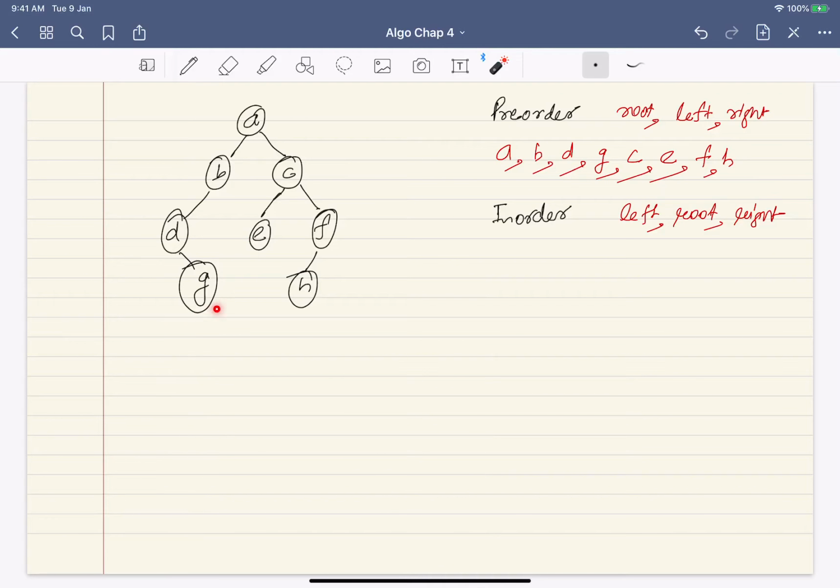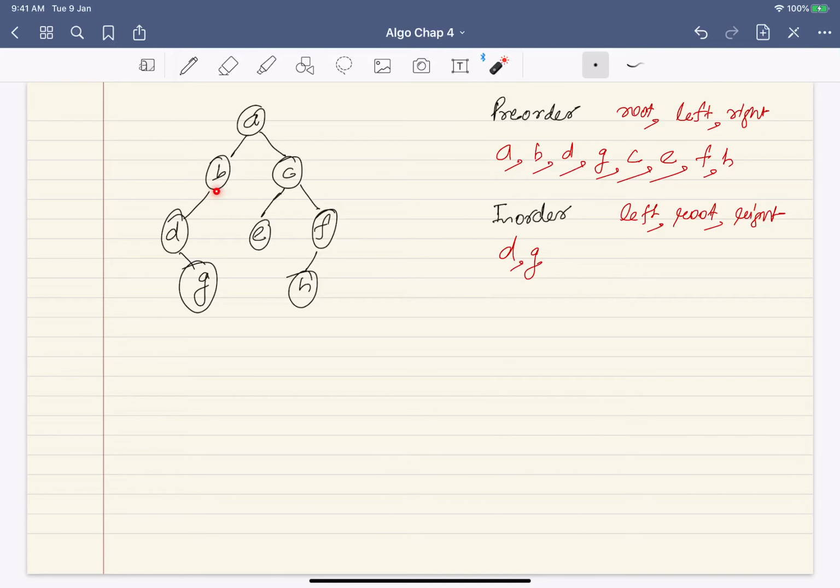So what does it mean to go to left? I have to recursively do the same thing. In this left subtree, I have to go to left. Left means this whole subtree, root and right. Okay, so left and root. Now what happens in the left? In the left, I have to again do left, that is null, root and right. So that means I can print D and G for the left of B. So I print D and G.